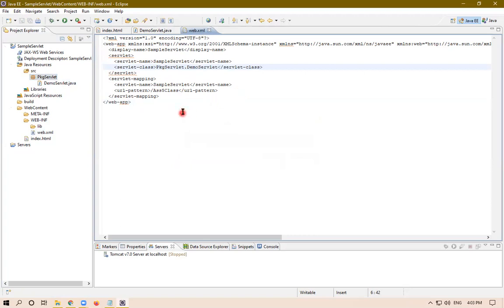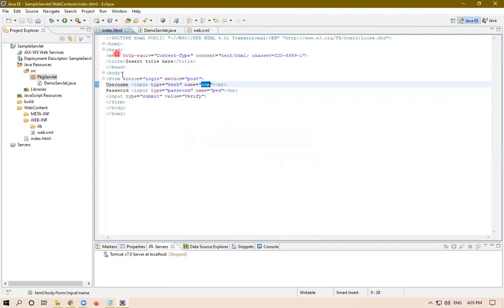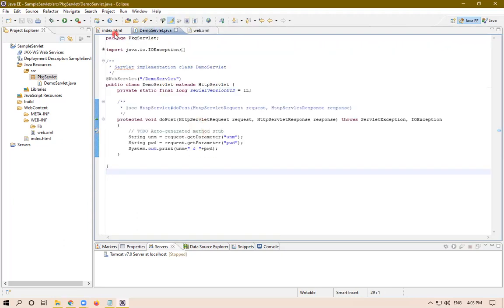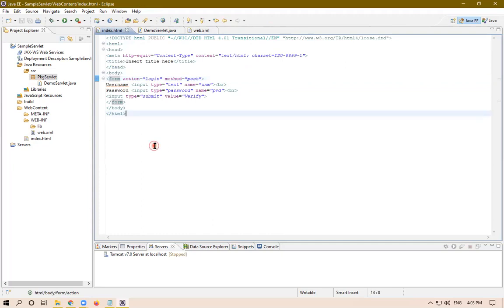It will be like this, and here again it will be already written. Here I am going to write this login, my action part. So that login part will appear here. It will be like this. This is how we have modified our web.xml. This is my servlet code and this will be my HTML code.